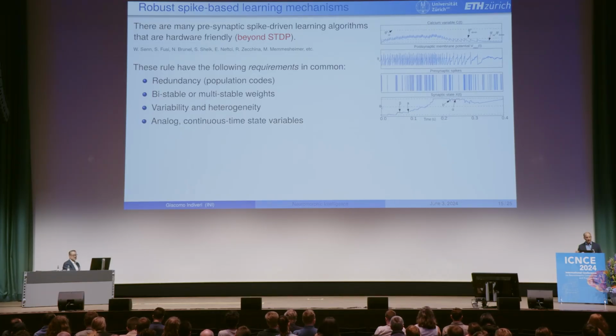If you have a leak, you need to have something that counts how much time it takes for the variable to leak. And if you wanted to do it with digital, you would need to have a very high frequency clock if you want to be precise in the leak. So analog is another requirement from these rules. And if you're doing mixed signal analog digital neuromorphic circuits, this is also there for free.